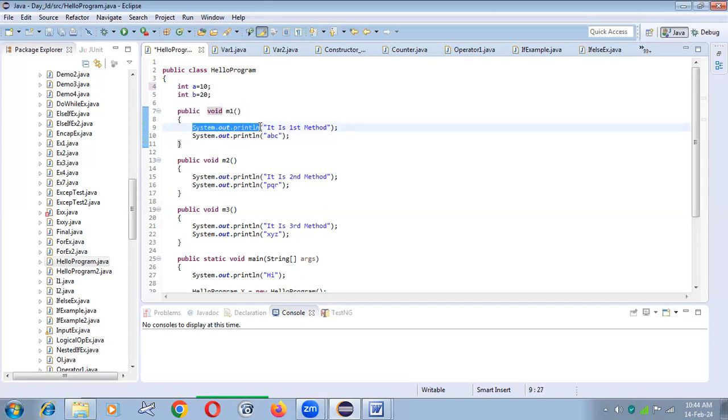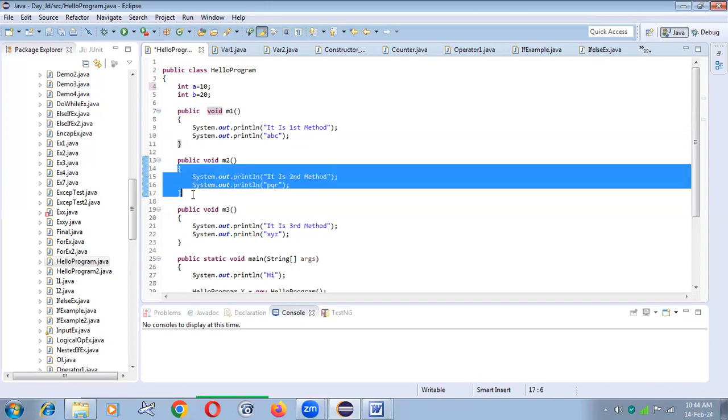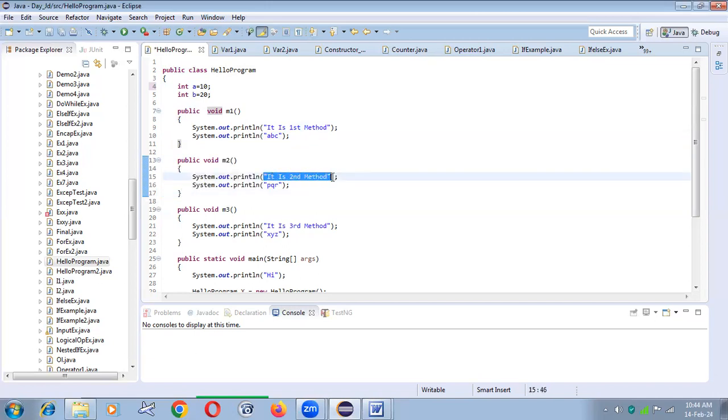What is my first command here? For example, system.out.println. Just I want to print like it is my first method. Again, I want to print some ABC. So you can write anything here. Next one, in M2, again I'm writing 2 more statements. So here I want to print like it is second method. Here I want to print some PQR. So coming to M3, here I'm writing like it is a third method and I want to